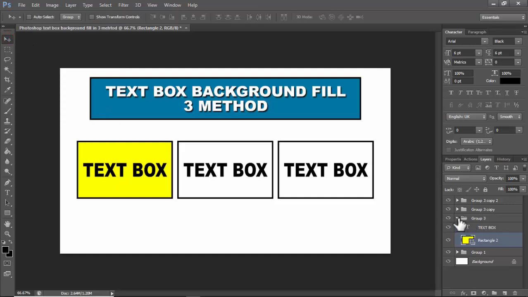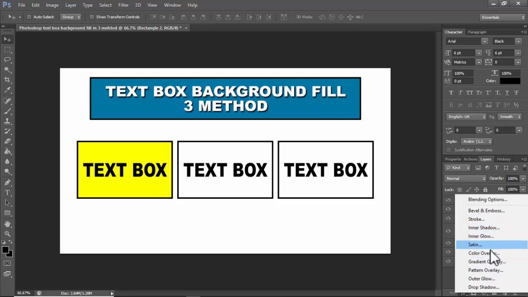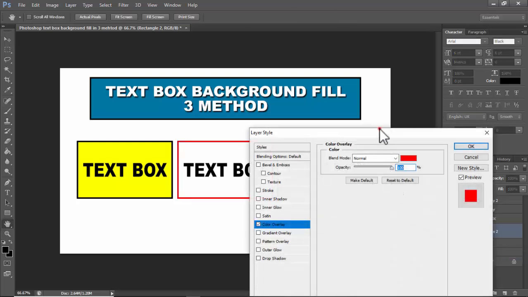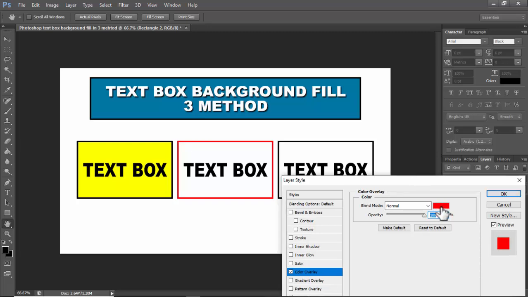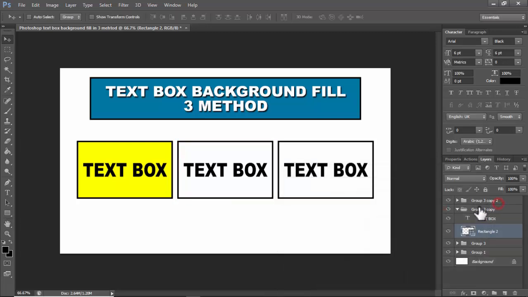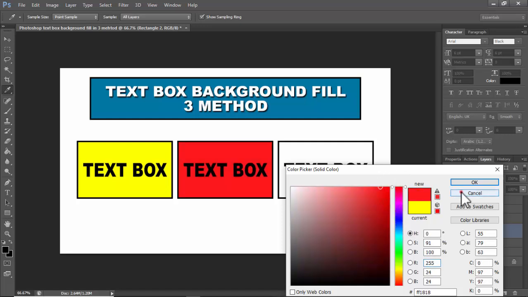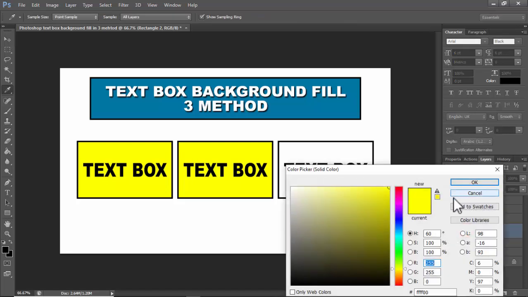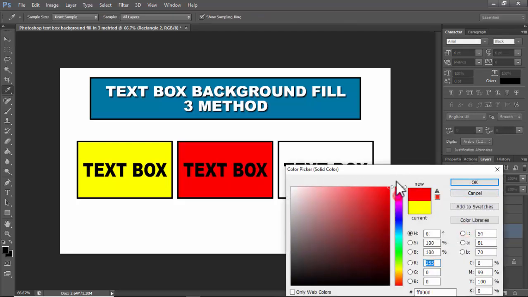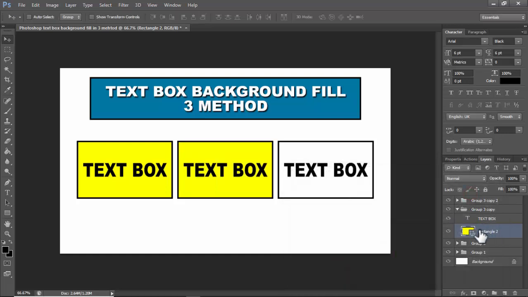And method number 2. Select and click the background. Go to effects and see this color or stroke or double click for change all color. Again, change the color. Okay,